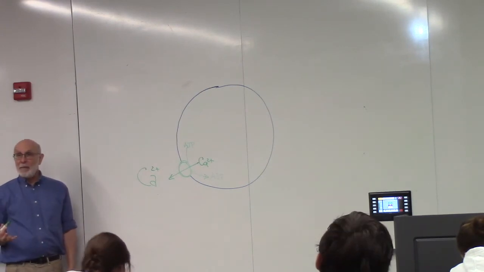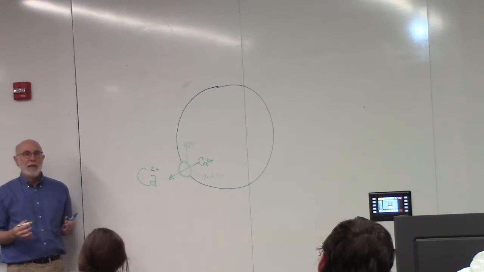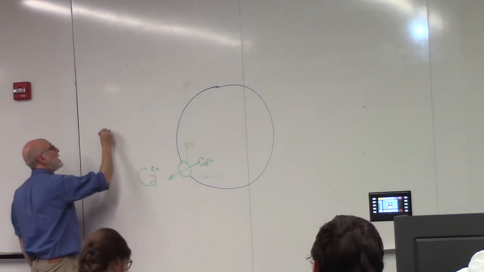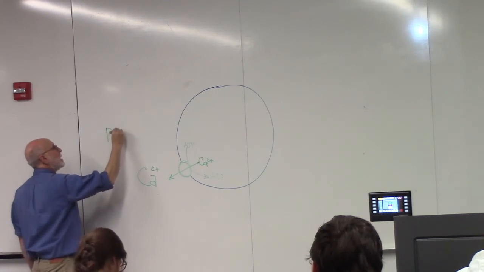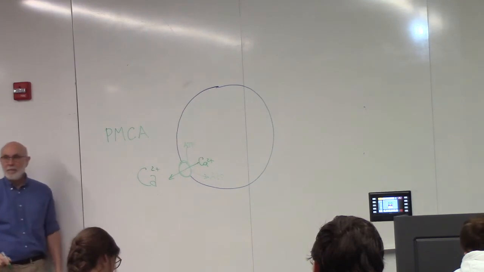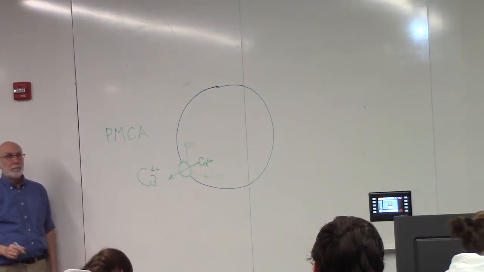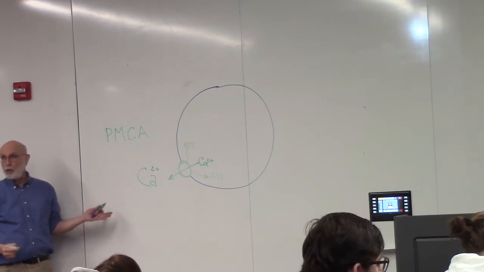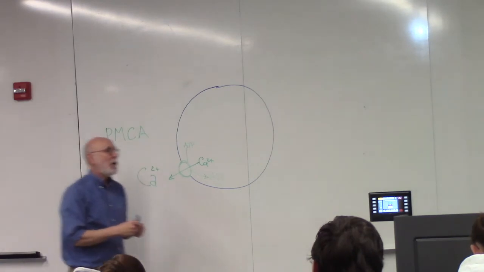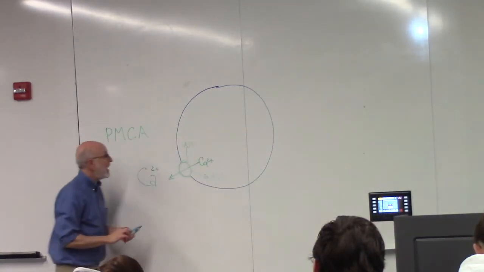It's got a name. Just like the sodium pump has a name, the sodium potassium ATPase, this protein has a name. It's called the plasma membrane calcium ATPase. And it pumps calcium out. So now, knowing that we've named a protein for the membrane that it lives in,